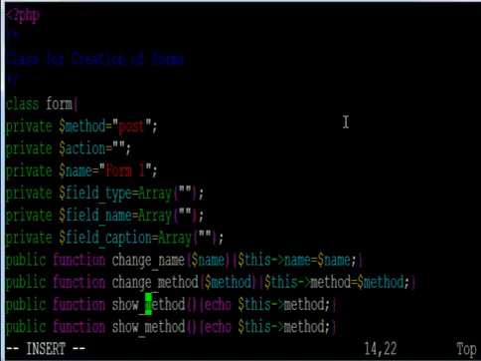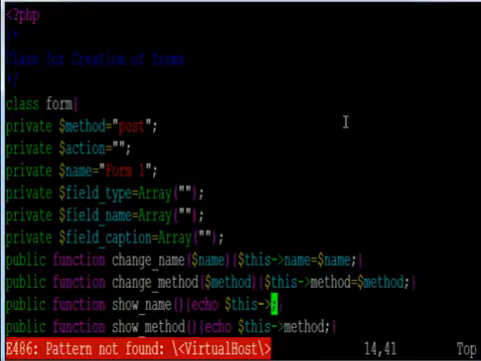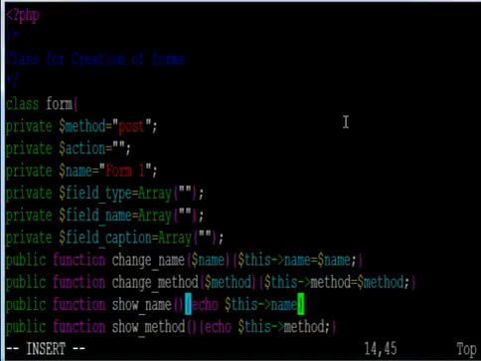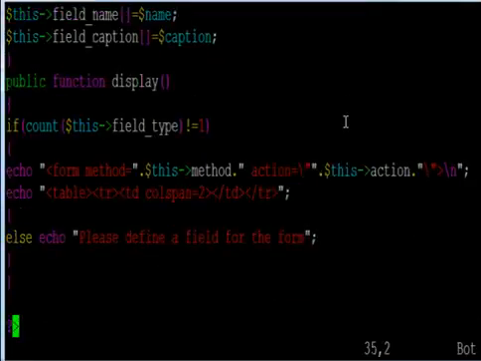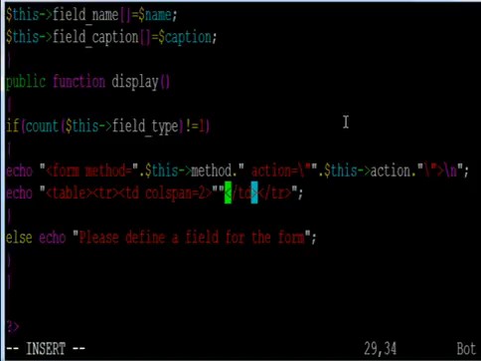and if you want to show the name, then in this echo part also you have to change here name. Come to the lower side, and here you can put the form name whatever you have defined. $this name. Okay,